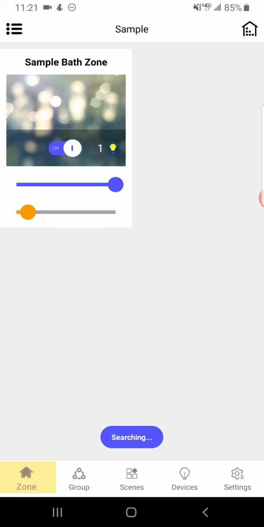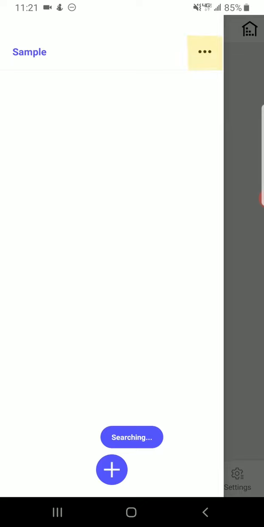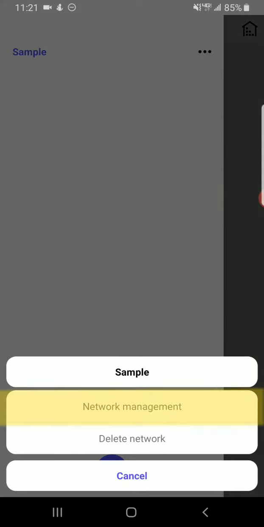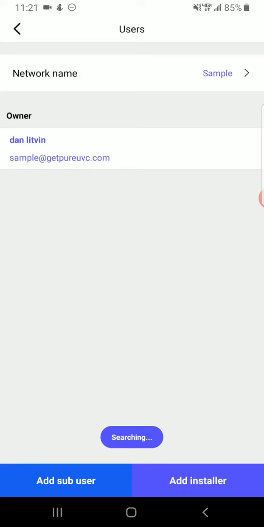Otherwise, I'm here in my zone screen and I'm going to click on the three-lined button at the top left. From here, I'll find the zone that I'd like to share and click on the ellipsis button. Click Network Management. And I have the option, being the owner of this network, to add a sub-user or to